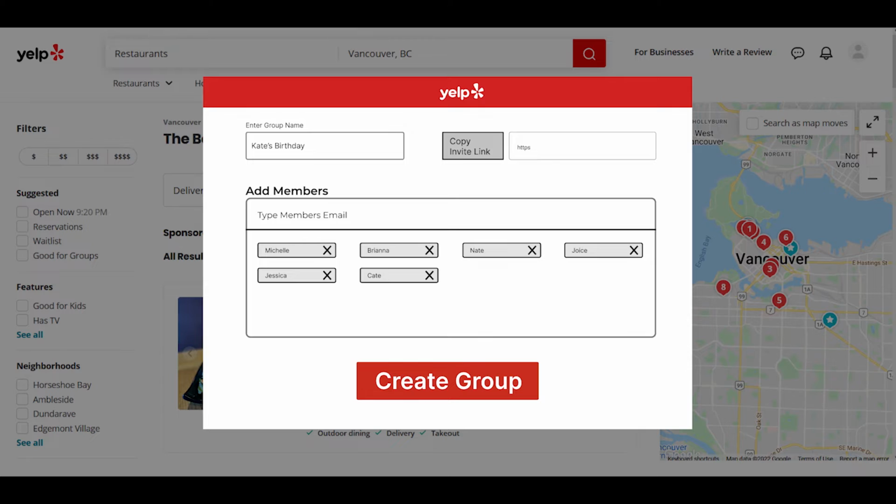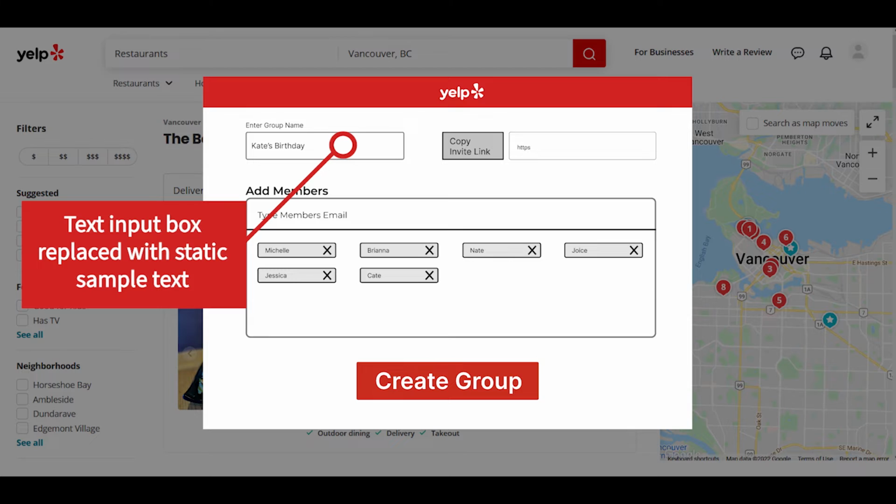One design trade-off we had to consider was between the Figma program's ease of use versus limitations when it came to interactive features. When designing the Create Group page, we initially had a text input box which users could freely type a name into. We eventually had to settle for a static sample text, which could not be edited because Figma interprets keyboard input as a shortcut to move forward to the next page, which is undesirable for the purposes